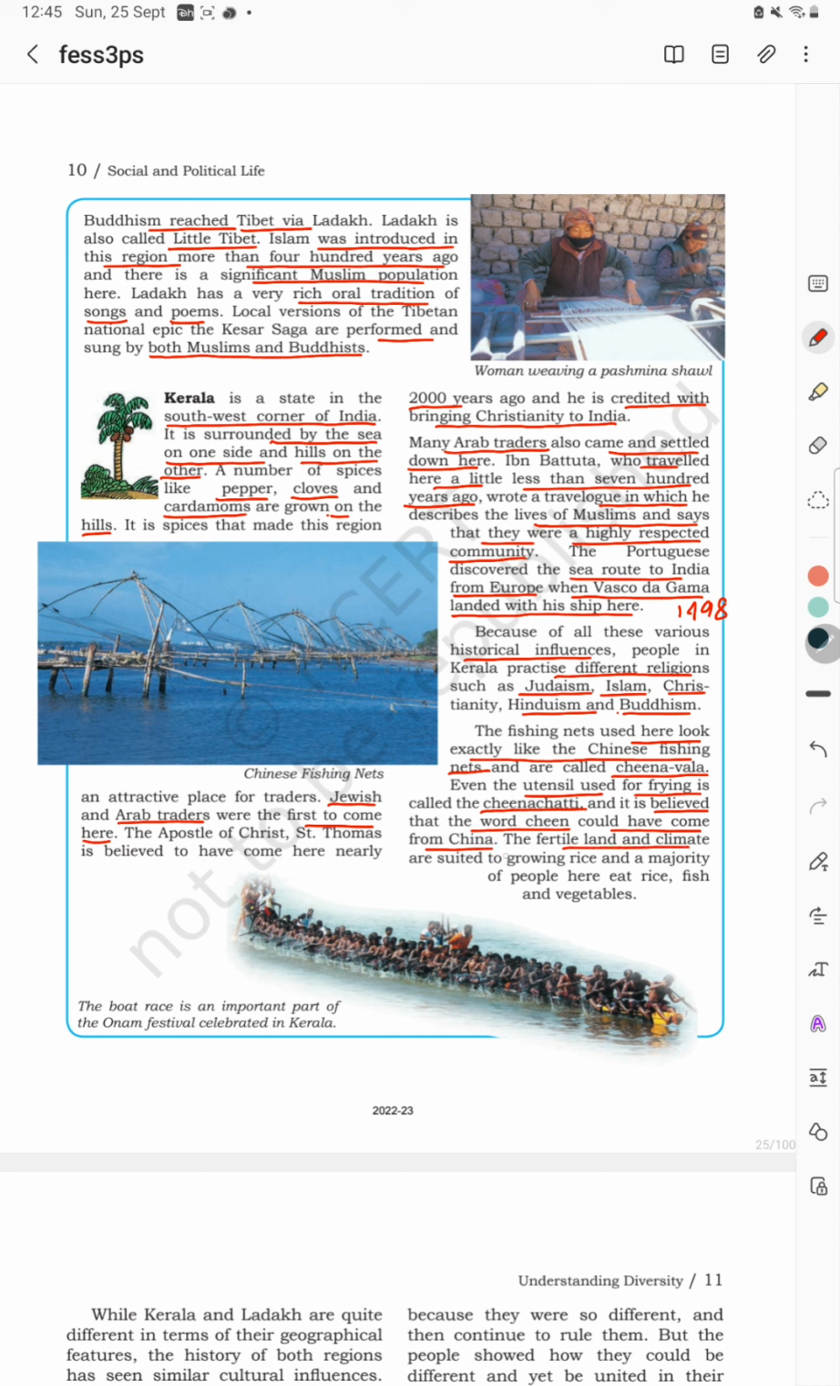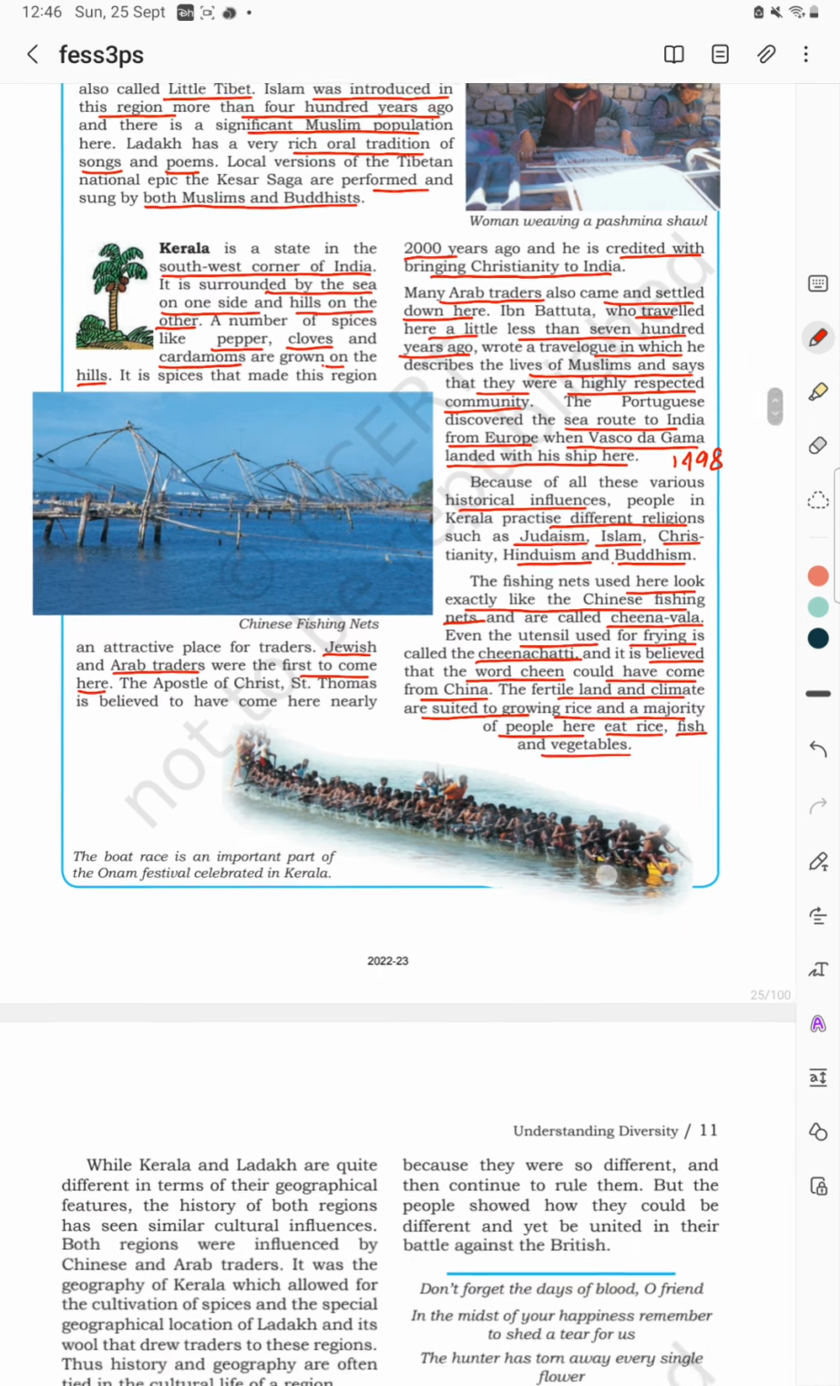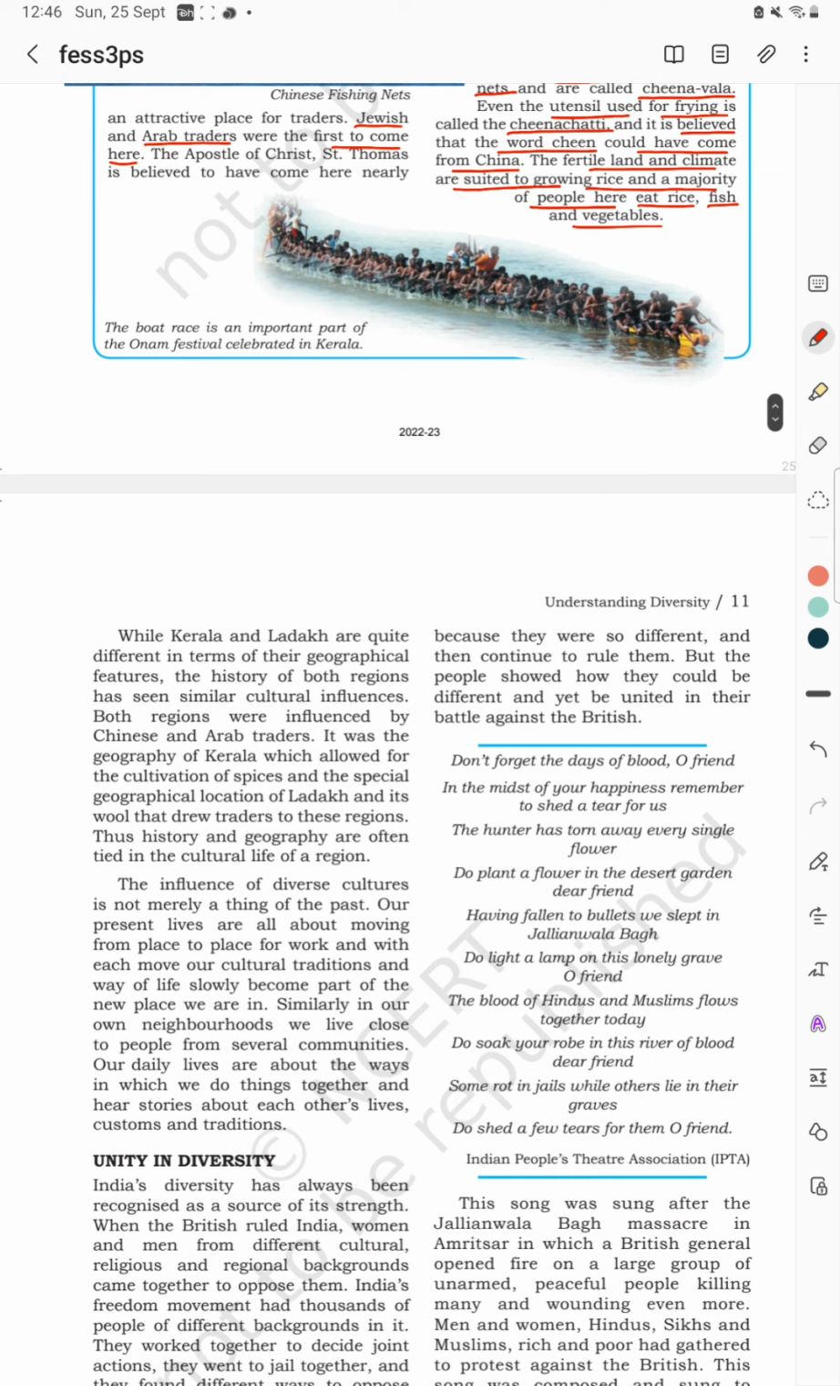The fertile land and the climate are suited to growing rice, and the majority of people here eat rice, fish, and vegetables. So the geography, the climate, and the fertile land of Kerala allow the growing of rice, and the majority of the people in Kerala eat rice, fish, and vegetables. While Kerala and Ladakh are quite different in their geographical features, one being a cold desert and the other in tropical areas,